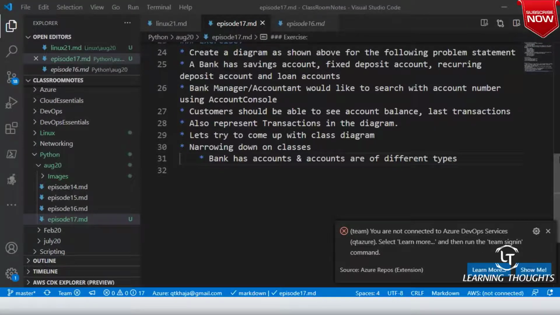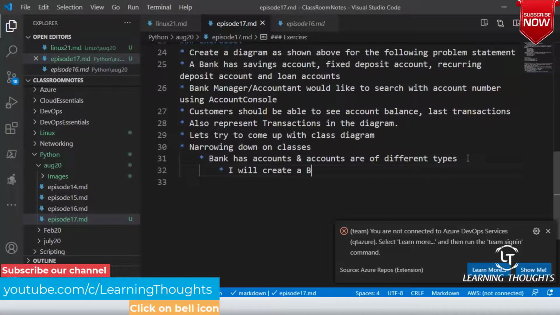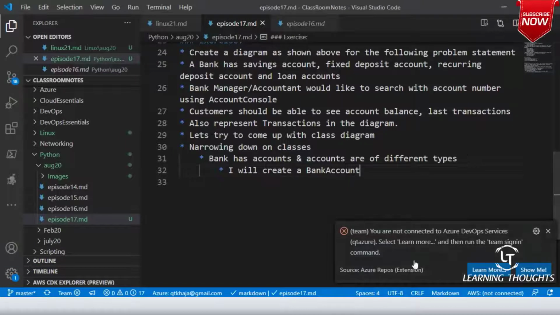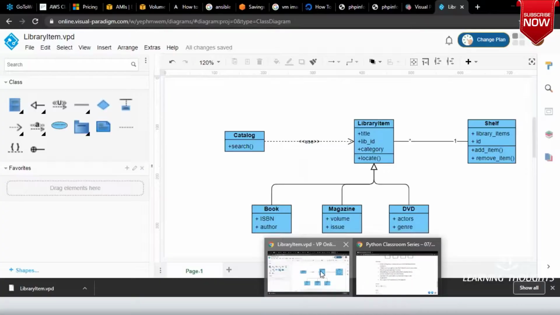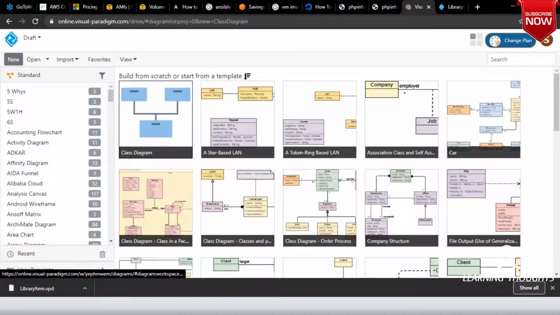Yeah. So now what I'll be doing is I will create a bank account class. So let me go into Visual Paradigm and say that I want to create a new one, and I'm interested in class diagrams.